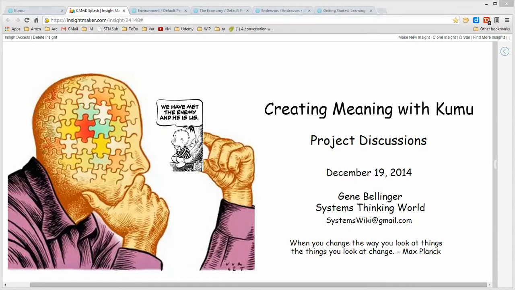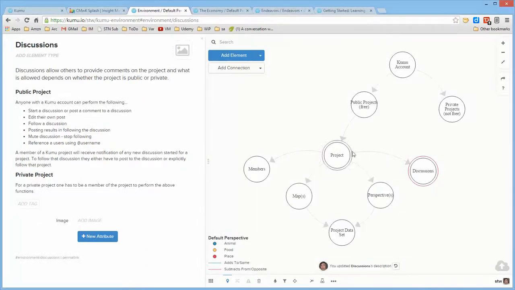The project discussions capability within Kumu, in conjunction with the members aspect, really makes it a strong environment for supporting collaborative model development. As I had indicated here, I had this previous diagram about the architecture of the environment. For a project, I had added members and discussions. For a discussion, anyone with a Kumu account can go ahead and start a discussion, well, for a public project, can